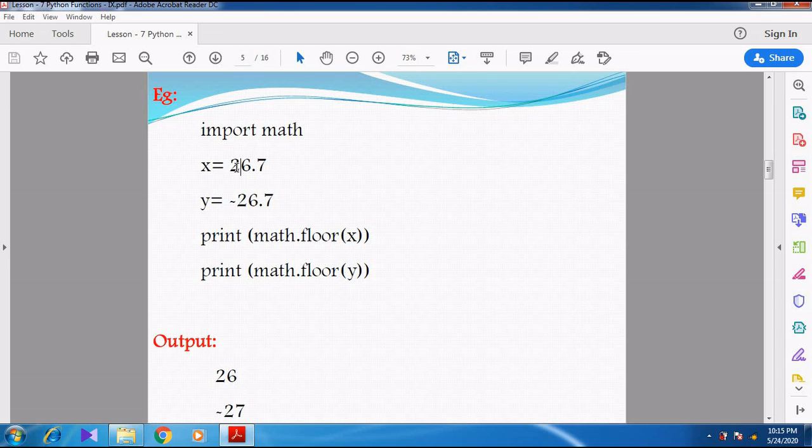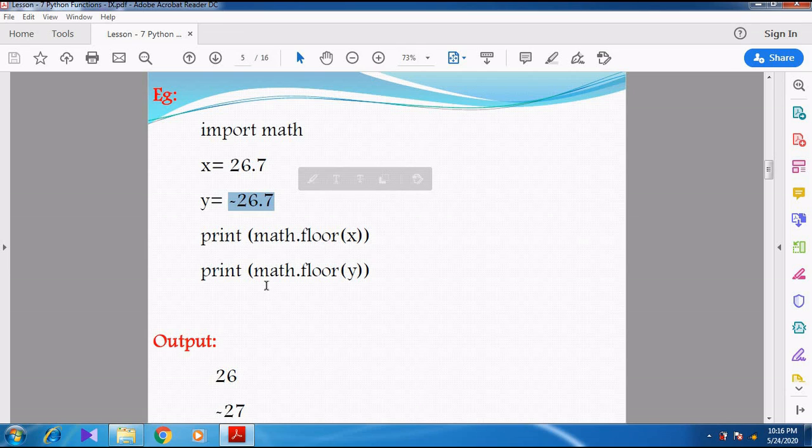Whether 27 or 26 is the right answer: 26 is the number, since it is the largest number which is less than or equal to x. Like that I have given another print statement, math.floor(y). What is the value of y? Minus 26.7.